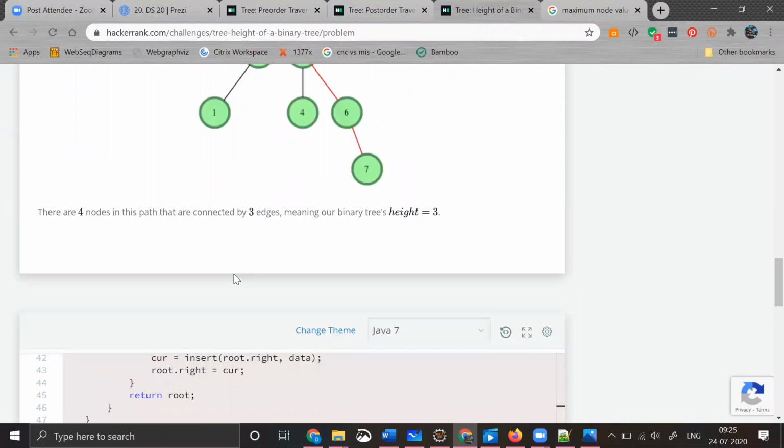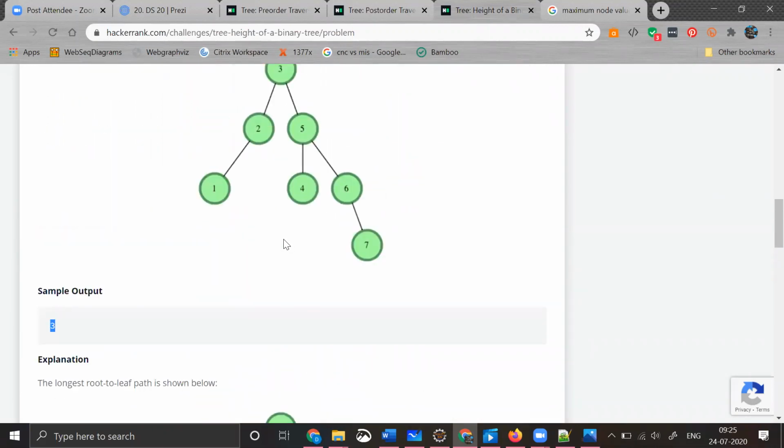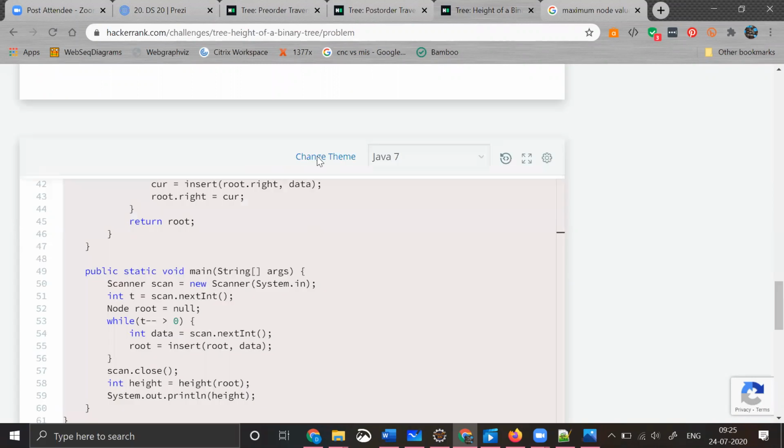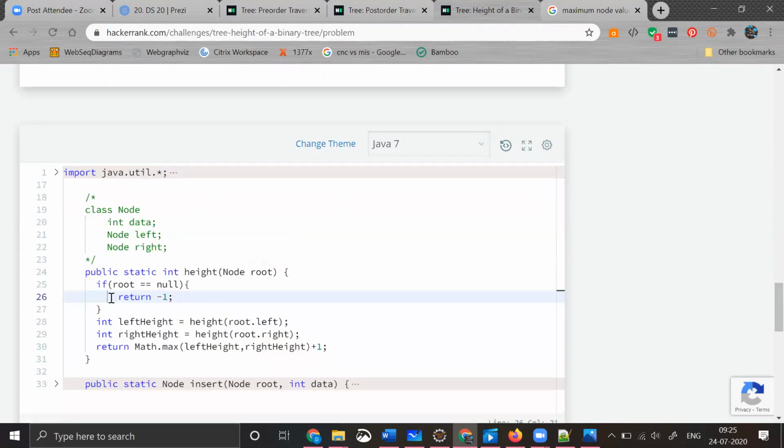So I was about to come to that point. Good that you asked me the question. So that's why we have to see the problem description, and after we see it, we should be in a position to calculate this and finally give the output. So that is the reason I've taken this -1, or else if they wanted me to give some other output, I can take it as 0, etc., right? So with this, guys, are you able to understand the program of getting the height of a binary tree? It's so simple.